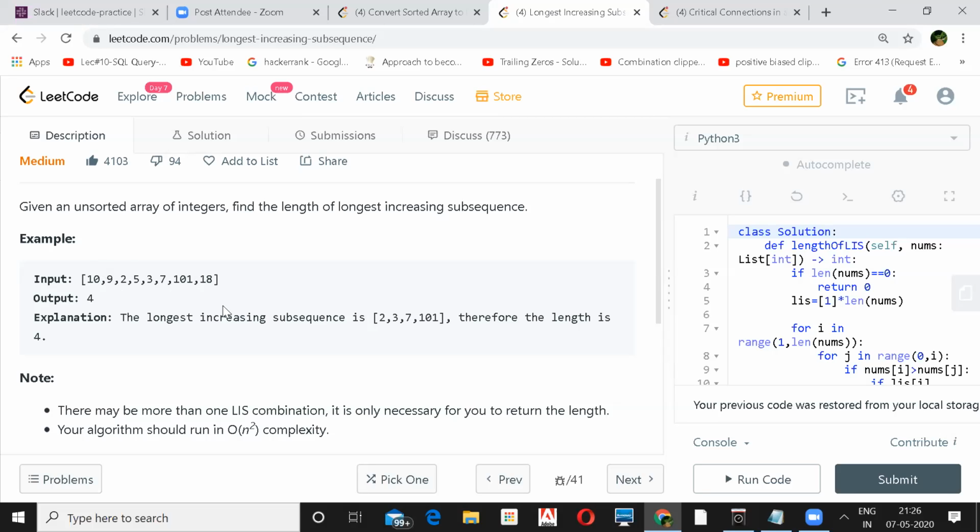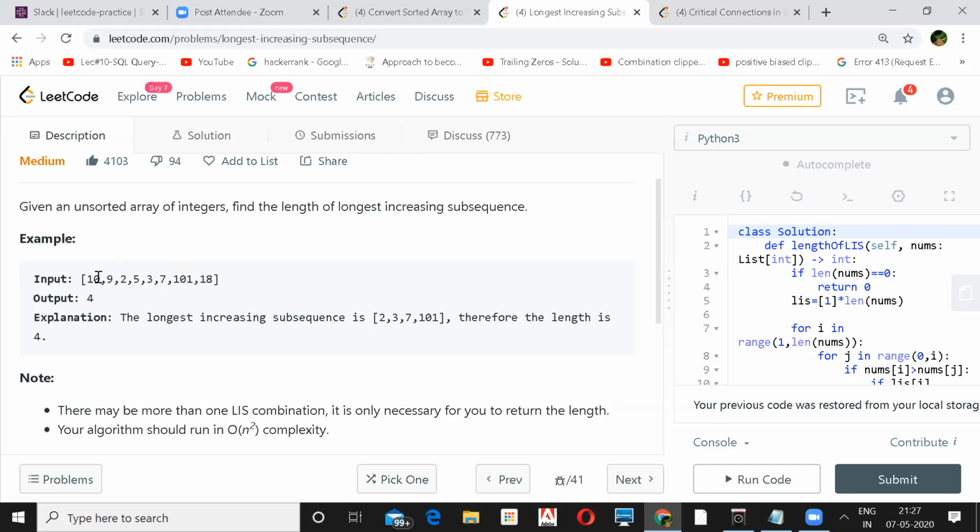So the O(n²) algorithm itself is a difficult one for finding the longest increasing subsequence, right? He's saying the follow-up will be O(n log n), which is more difficult, at least for me. Brute force is backtracking, whether you include an element in your set or not. That will be order of 2 raised to the power n.